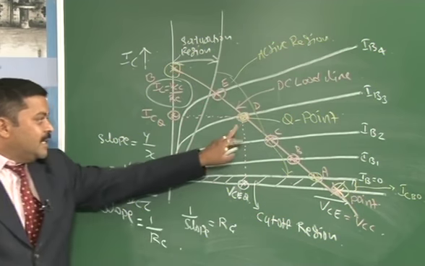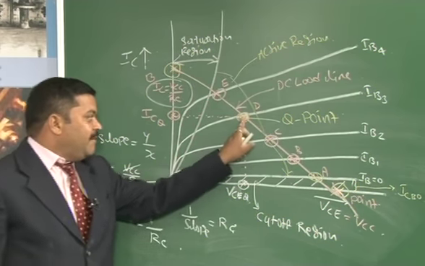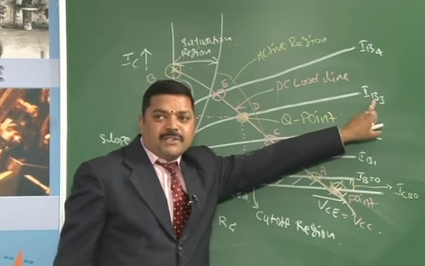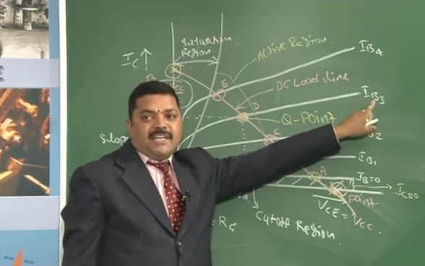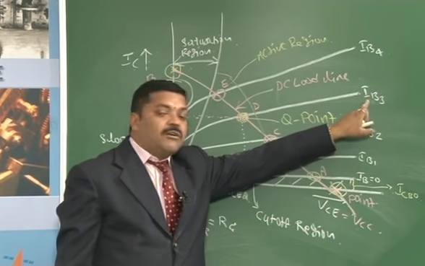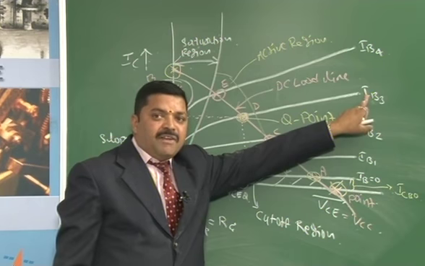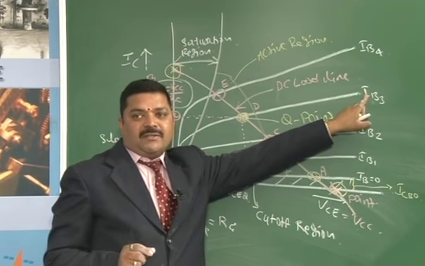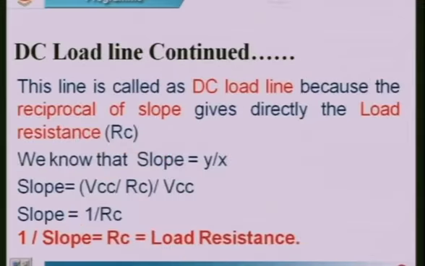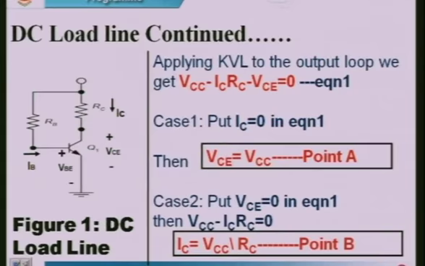So, once we get the Q point, we will come to know the amount of base current which is to be applied at the input of the BJT. Which base current do we have to apply? It is IB3. When we apply IB3 to the base or the input circuit, when we go back to the previous slides, the circuit which we considered is this one.